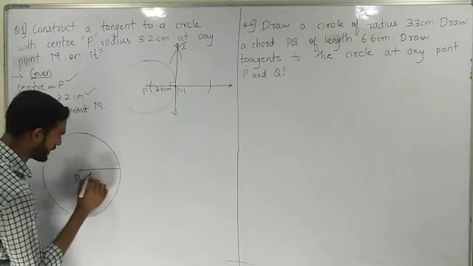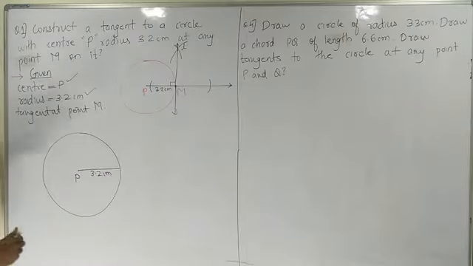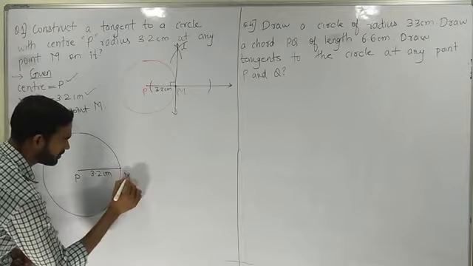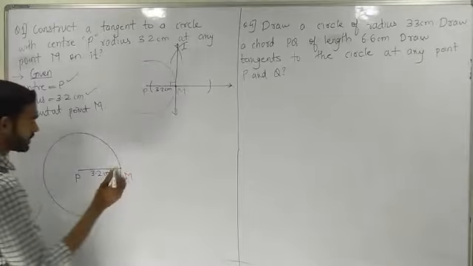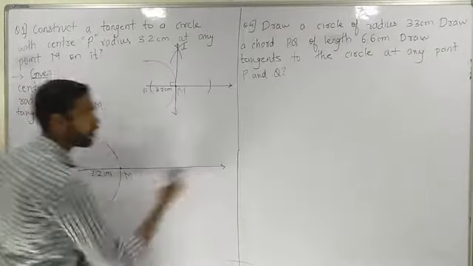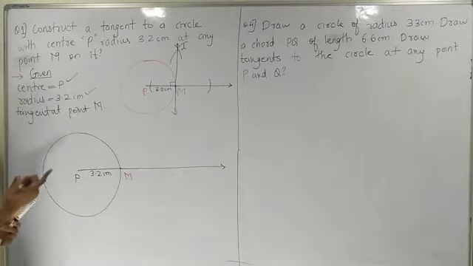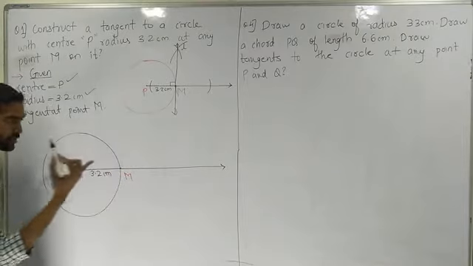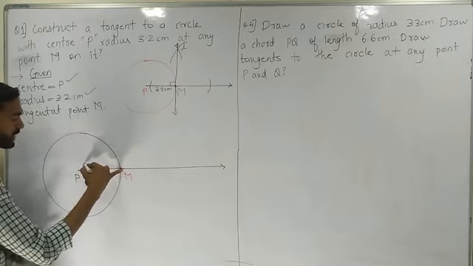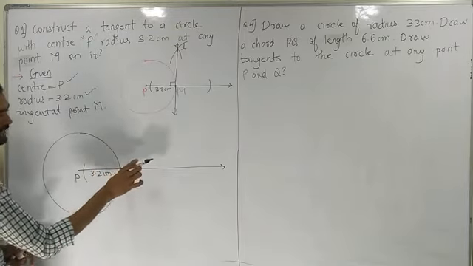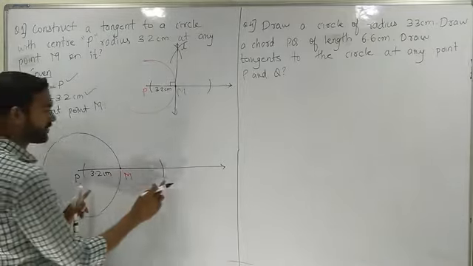And what was my radius? My radius was 3.2 centimeter. Now I need to take that point. Let's say I'm taking this point as M. What I did, we have expanded this line, so we'll do the same. We'll extend. How long? You can take any centimeter, any distance. Okay. Now from where I need to draw? From M. So I'll keep my rounder. Look, I'm keeping my rounder at M. Less than radius, before radius I'll draw one arc, same distance this side, one more arc. Clear everyone? Now we can see here we have 2 arcs.